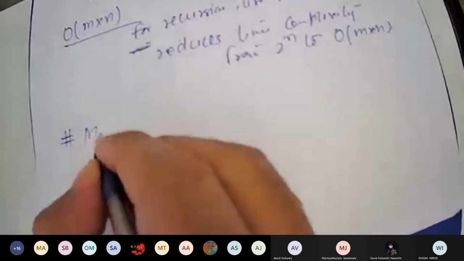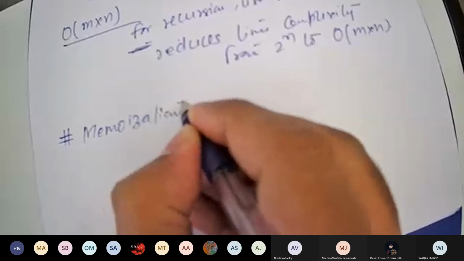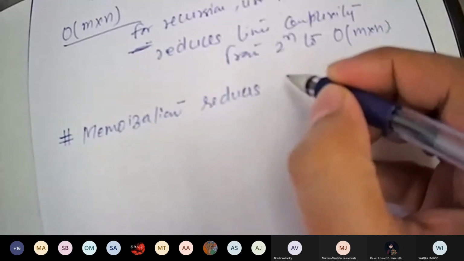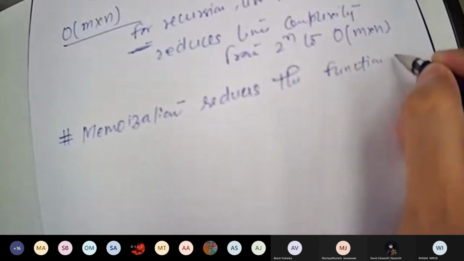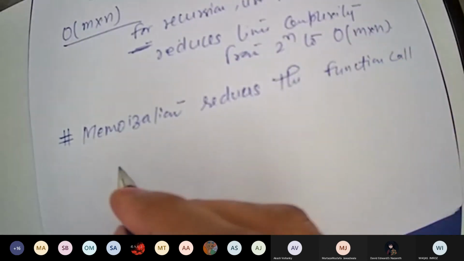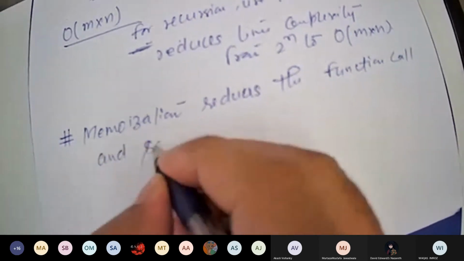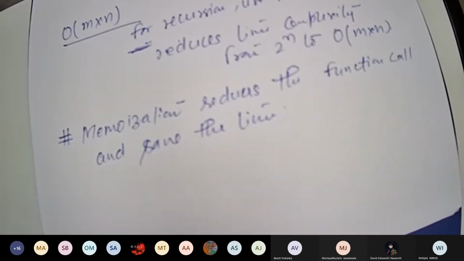So memoization reduces the function call and saves the time. So any confusion, anybody, about LCS using recursion?